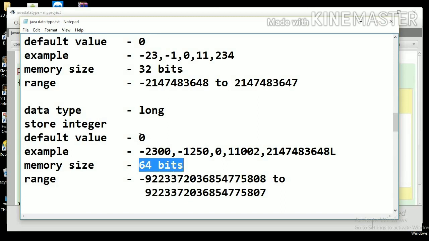Right, again, let's talk about the next data type, that is the long data type, with a very large memory size, 64 bits. Default value is 0, and we can substitute any integer, in minus or in positive. Remember, if we are storing in a long a number larger than the upper range or lower range of the integer, then we have to write L at the end of this number.